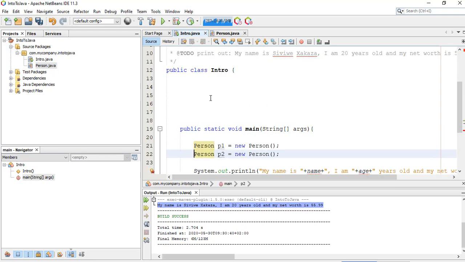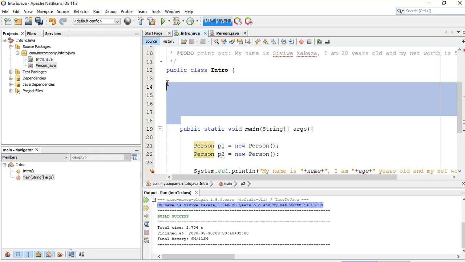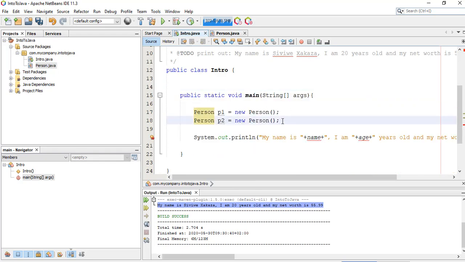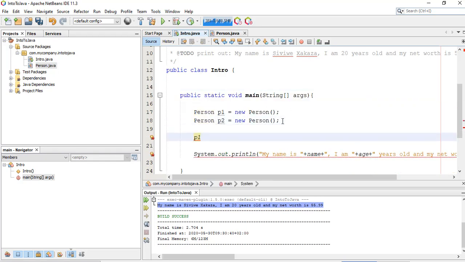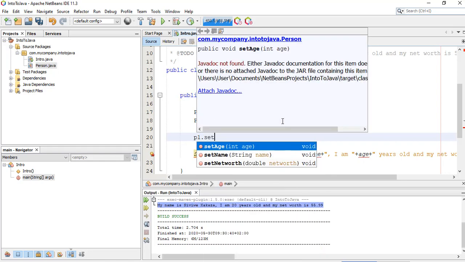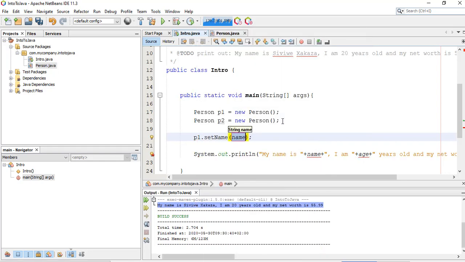This should be within the main function, and I'm going to say P1 dot setName. I'm going to call this one Siviwe